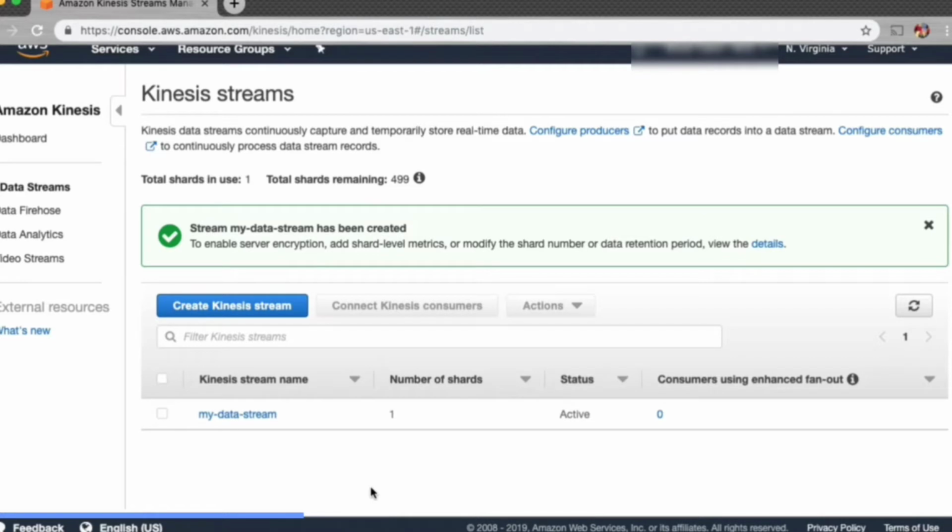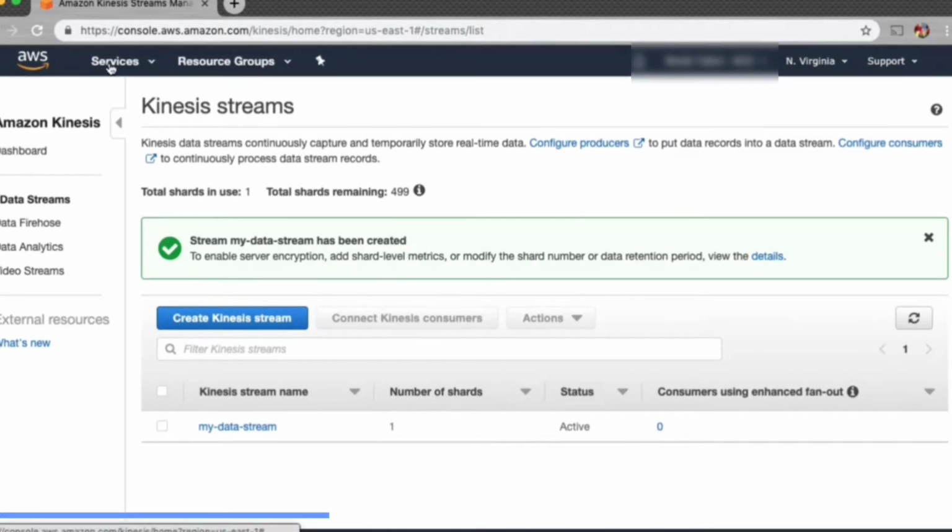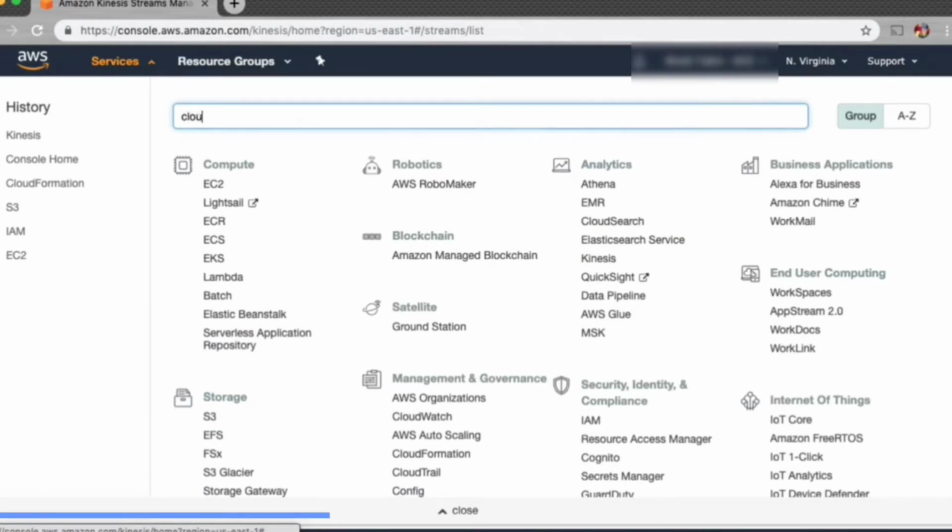Now I have provided the CloudFormation template in the resource section, called the setupdataproducer.yml file. So if you want to take a look at it and see the steps that I am doing to create the EC2 instance and other resources to communicate with this Kinesis data stream, then go ahead and take a look at it. So let's go ahead and jump over to CloudFormation and use the template that I have provided in the resource section of this lab. It will automatically start putting records into the Kinesis stream that you just created. Now we will need the name of the Kinesis stream. So just remember whatever name you created.